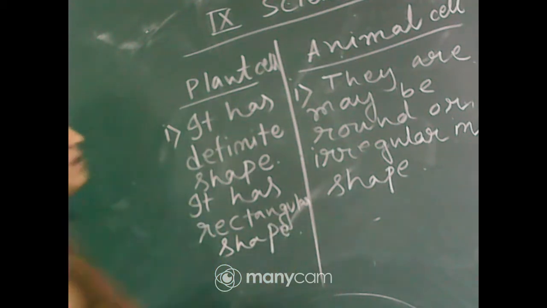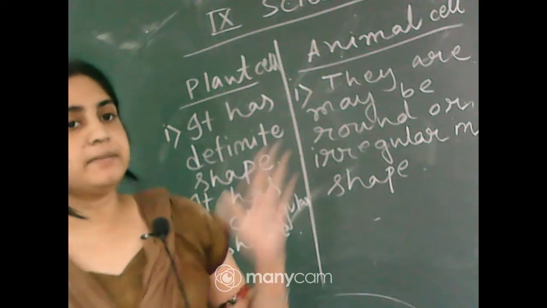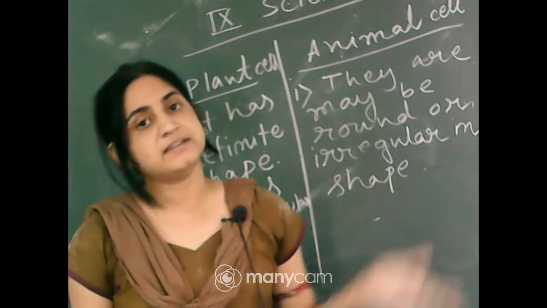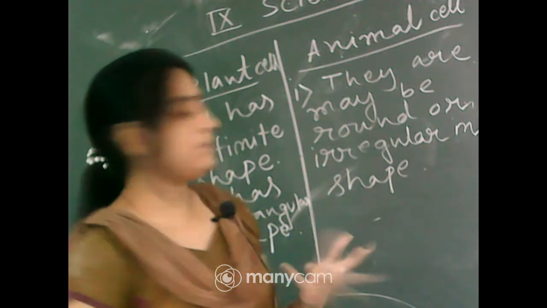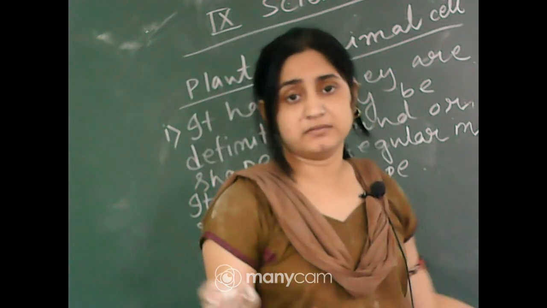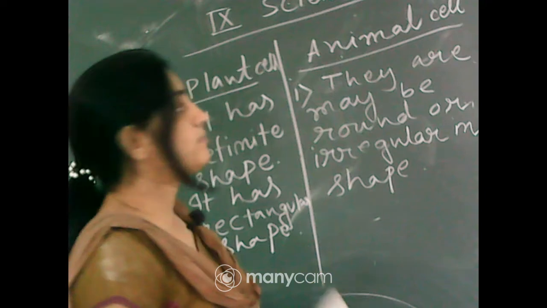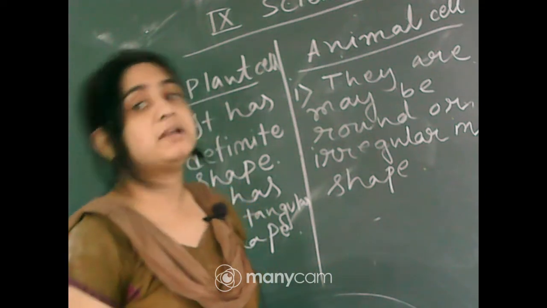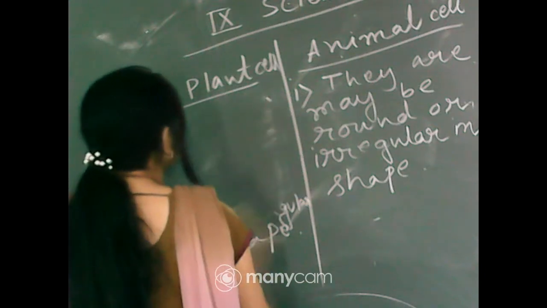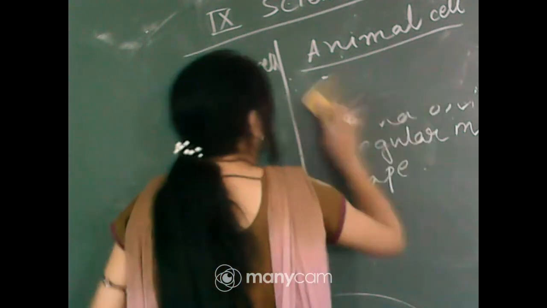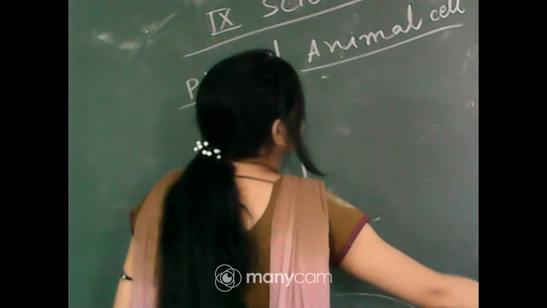So, the first one, that is shape. What is the shape? It has definite shape, that is rectangular in shape. It is round or irregular in shape. You have seen the amoeba that are irregular in shape, but if you have seen the chick cell or human cell, they are round in shape, okay. Second one, plant cell contains cell wall, but the animal cell